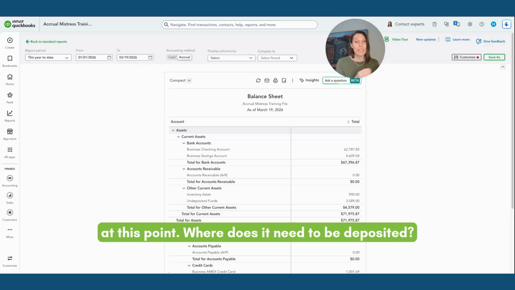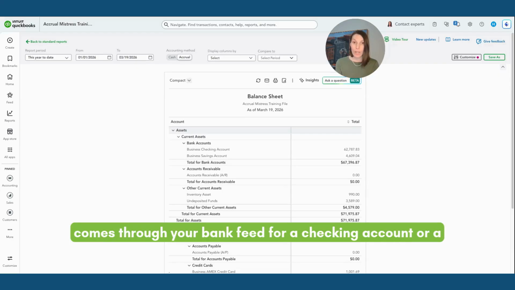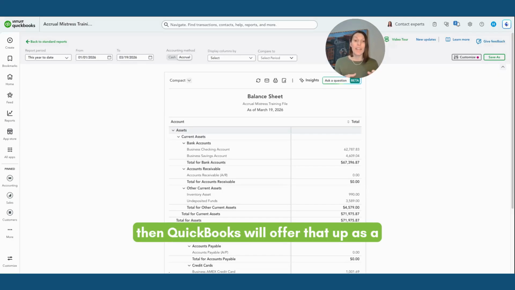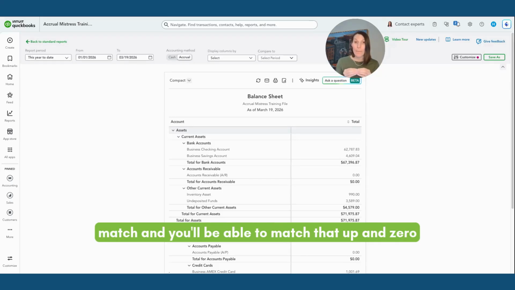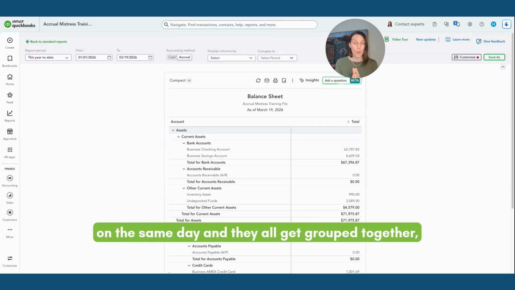Where does it need to be deposited? And if a deposit for exactly this amount comes through your bank feed for a checking account or a savings account, then QuickBooks will offer that up as a match, and you'll be able to match that up and zero this account out, okay? However, if you might have multiple deposits on the same day and they all get grouped